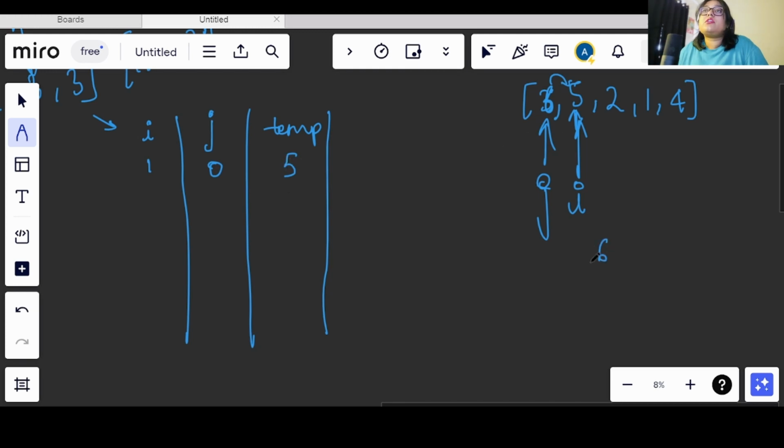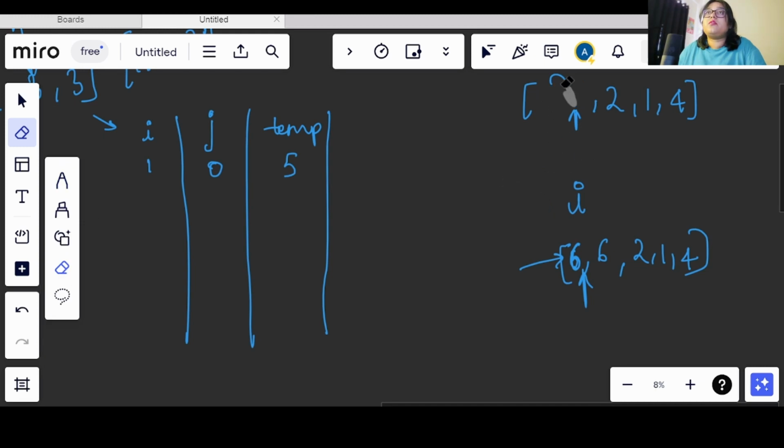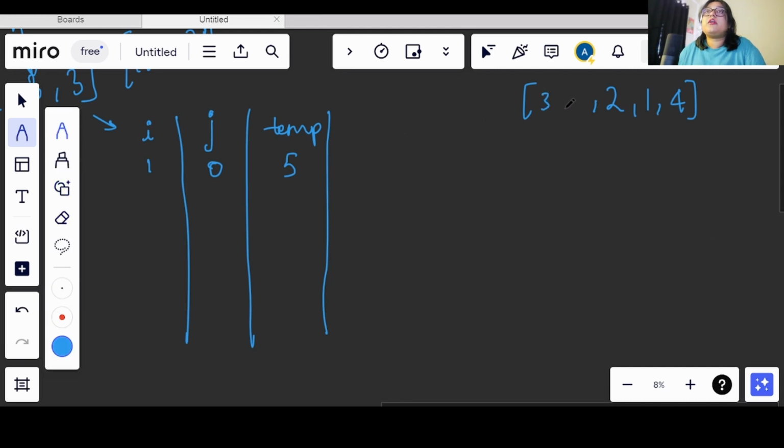Now let's say we got 6 here, and this will also remain as 6 only. Now this temporary variable will be inserted at this index, right? But when do we need to insert this temporary variable here? That is the question. Okay, so now we will be seeing this entire thing one by one. So let's start from here. We'll take the previous only. Now I have 3 here and 5 here. Okay, so this part of the array is sorted.